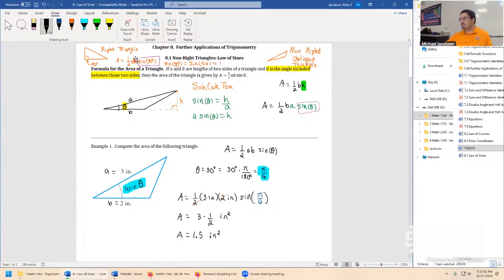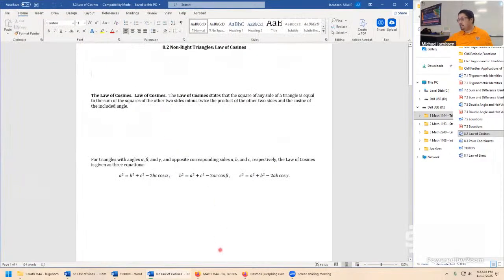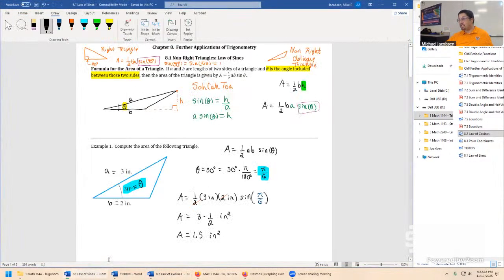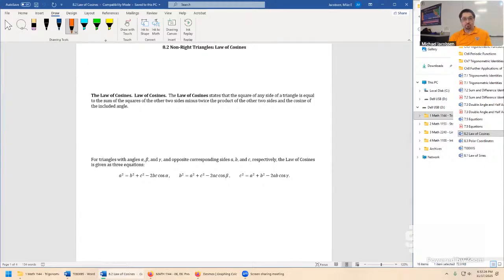So in a real sense, you pretty much are using this kind of problem as just an extension from the right triangle trigonometry. And carrying that analogy forward, when we go to law of cosines, it's the same kind of idea. Law of cosines is extending Pythagorean's theorem in the case that it's no longer a right triangle that you're dealing with. So just as a warm-up, let's draw a right triangle and then see what law of cosines is all about. 3 different equations this time. At least it's just 3. It's not a triple-sided equation.